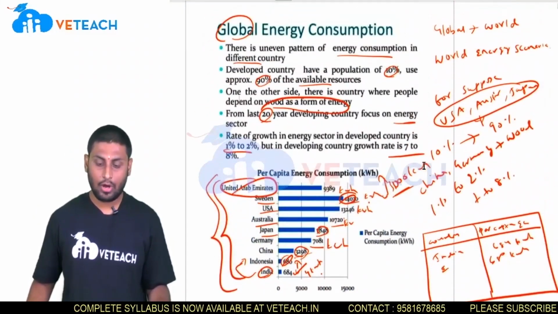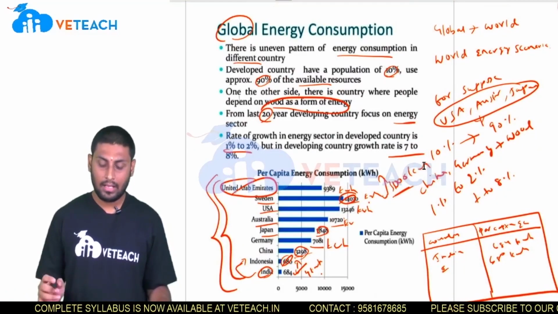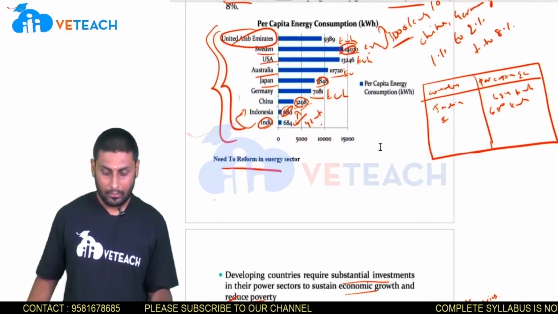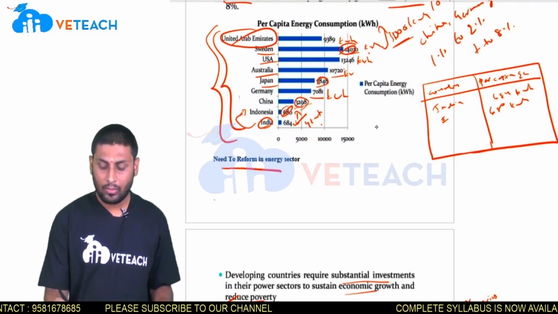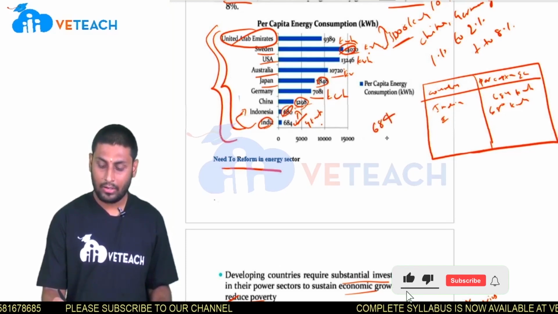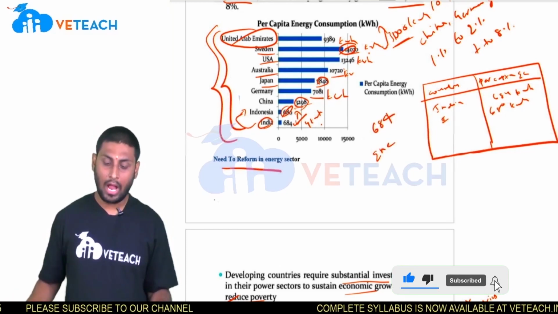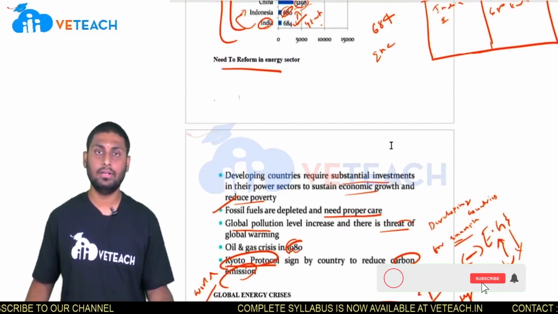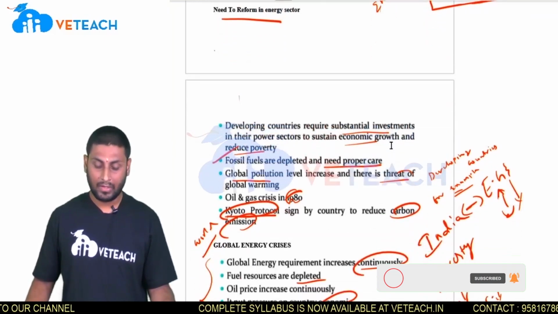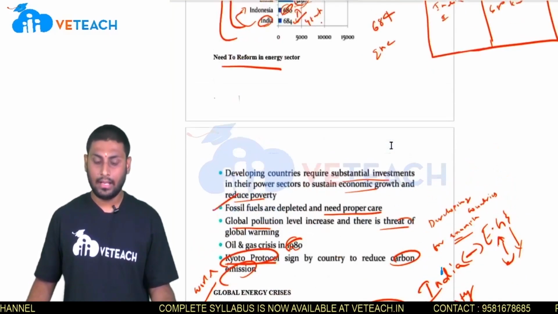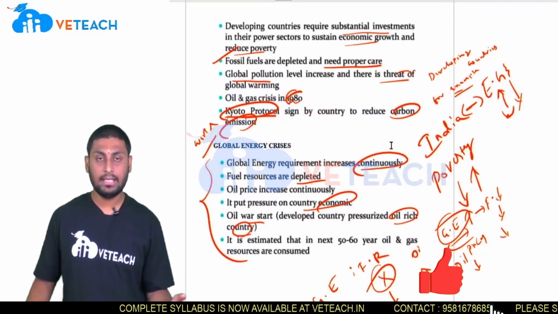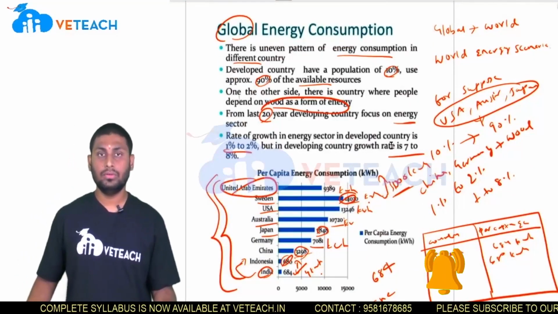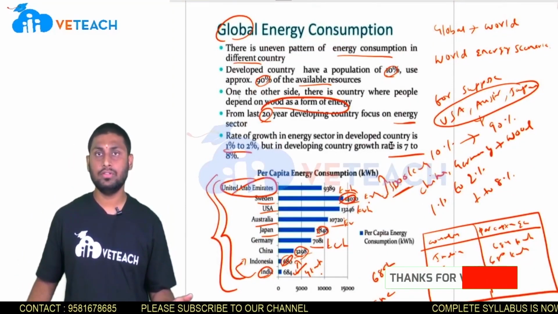This is the best way to use energy resources for our future generation. Mainly in this topic we have to concentrate on the developing countries, how they utilize their energy resources, and mainly India. In India we are observing only 684. To increase these energy resources, we have to reduce green energy resources, increase the prices of oil, increase the use of fossil fuels, and also increase the use of oil resources. This is the best method to increase the energy resources for our future generations.